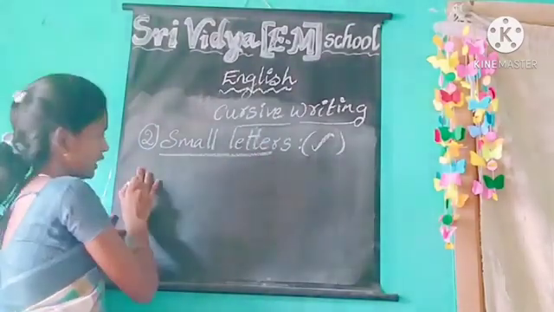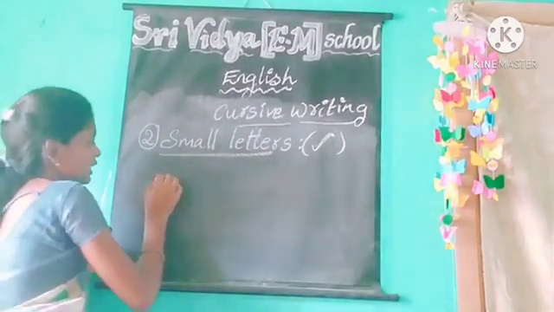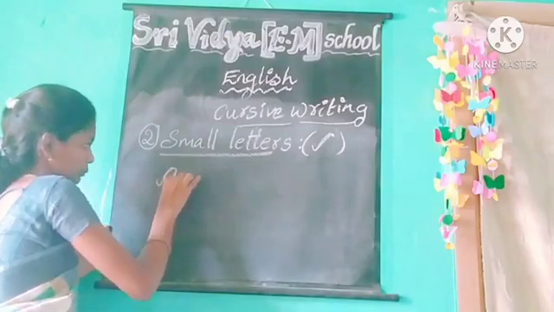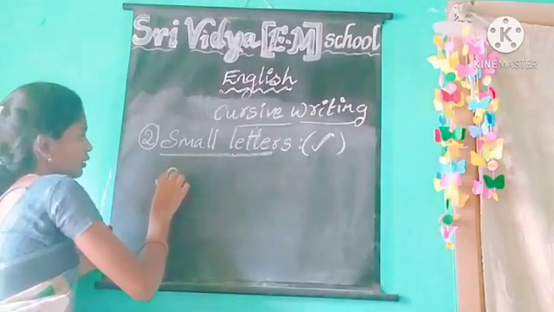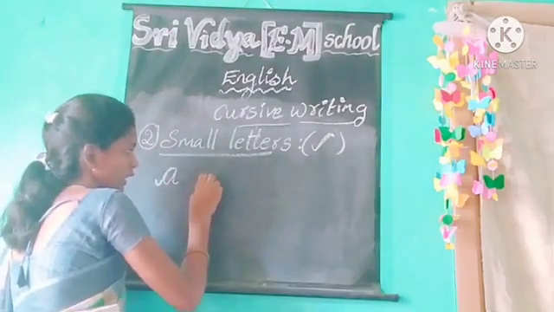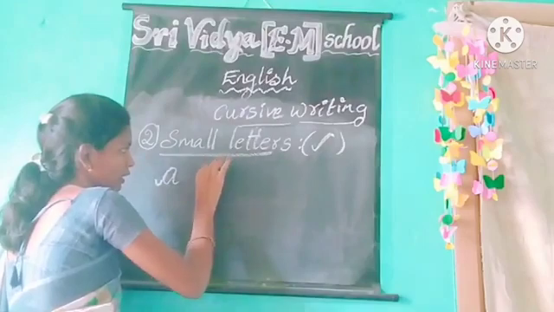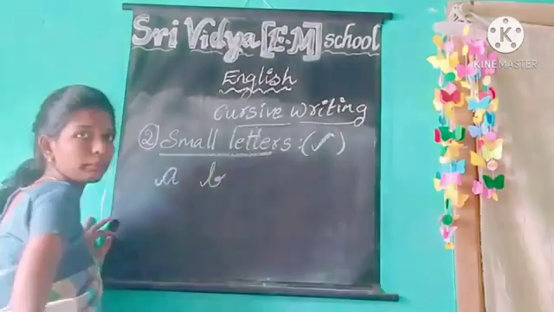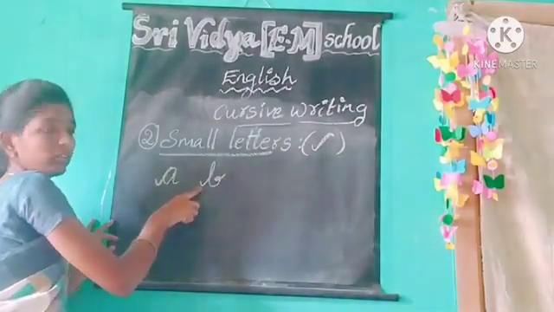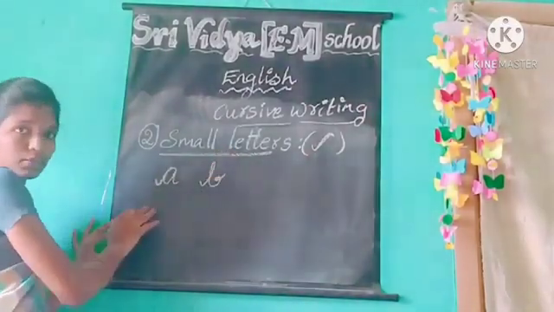So we will start with A. Okay, first letter is A. So stroke. Okay, after the stroke we will write the letter. Okay, A. Next, again with the stroke, B. Okay, B. A, B. How are we using the stroke? Yes or no? The stroke should be like this in the small letters.